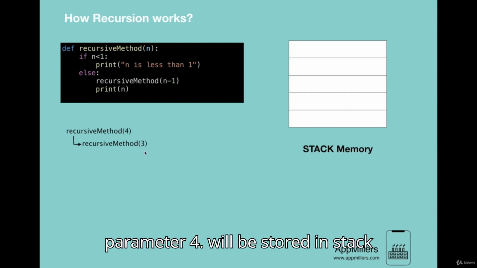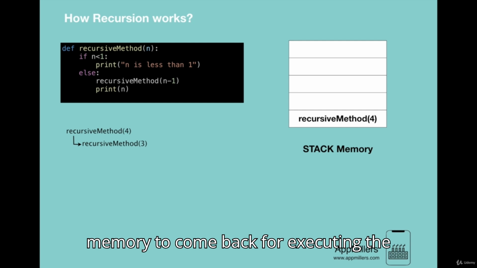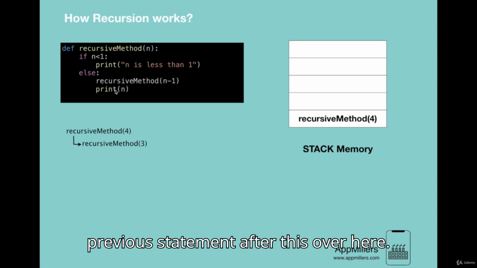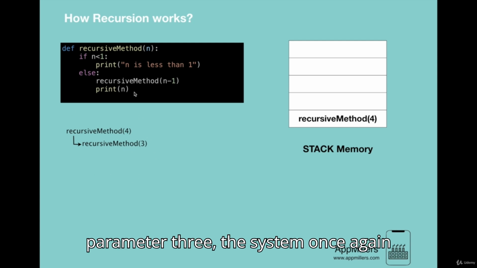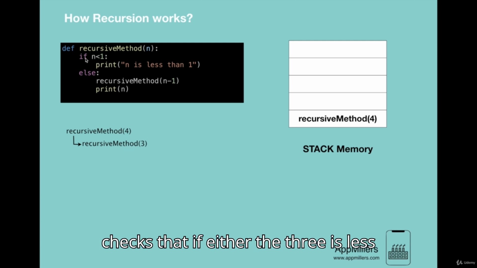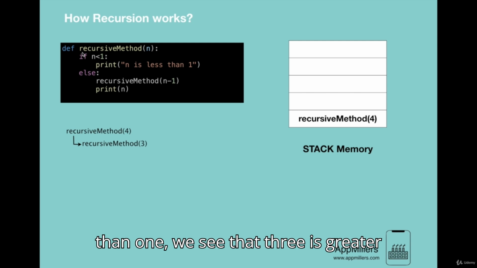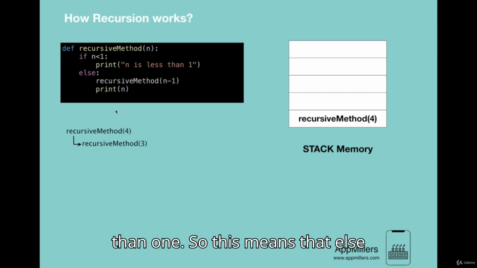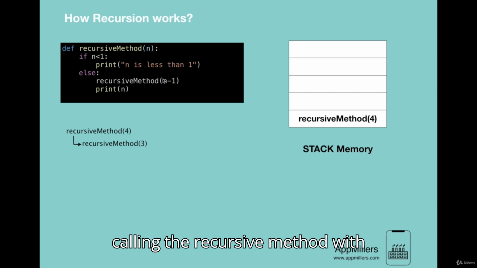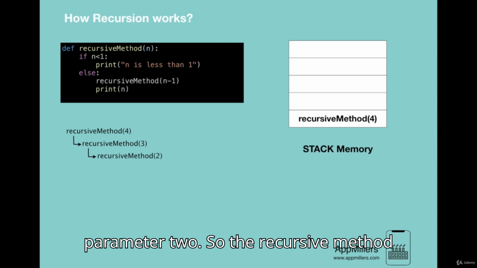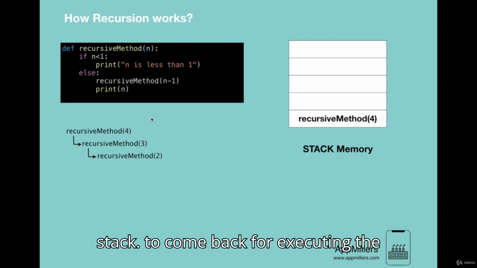So the recursive method with parameter 4 will be stored in stack memory to come back for executing the print statement after this. When running the function with parameter 3, the system once again checks whether 3 is less than 1. We see that 3 is greater than 1. So the else statement will be executed, which is calling the recursive method with parameter 2. So the recursive method with parameter 3 will be stored in stack to come back for executing the print statement